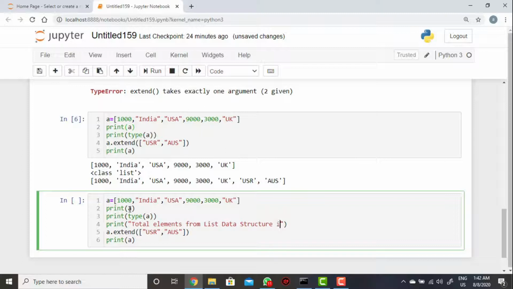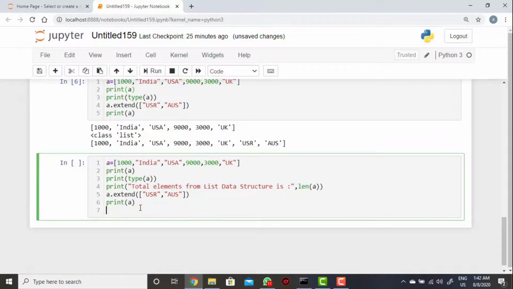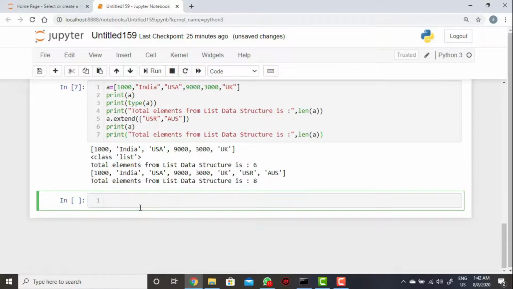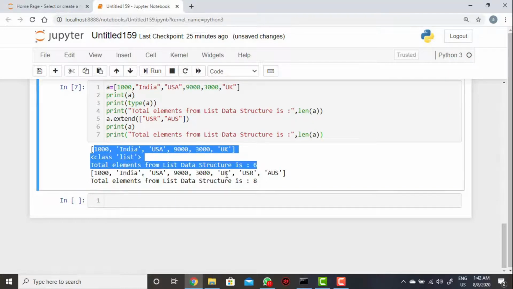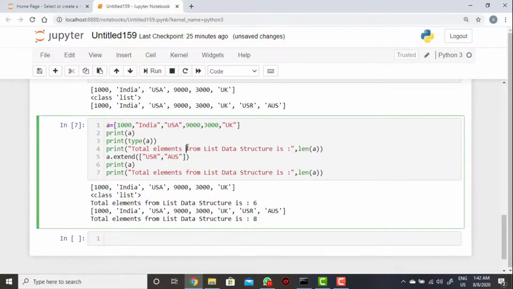Now you can see the count will vary. Length of A. Same thing, after the extend method you can check the values. Before it will be 6 and after adding two elements it will be 8. So the extend method can be used to add more than one value to the list.